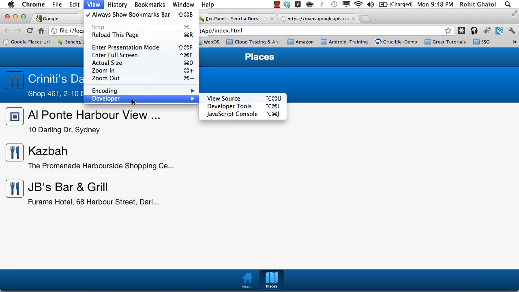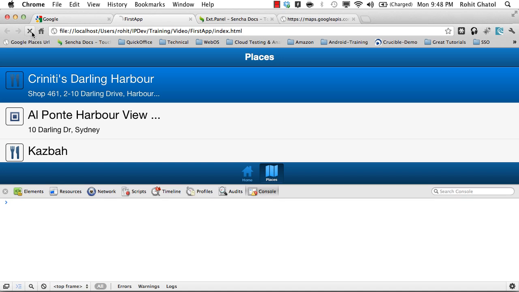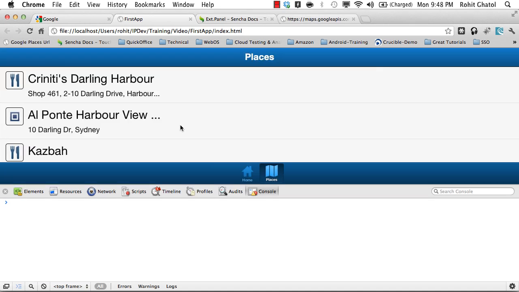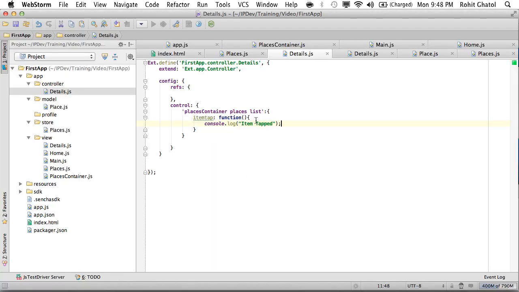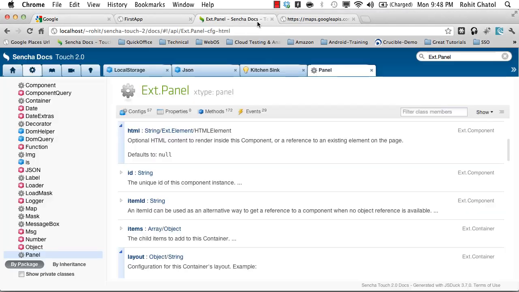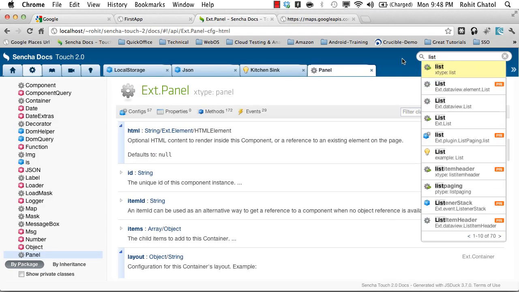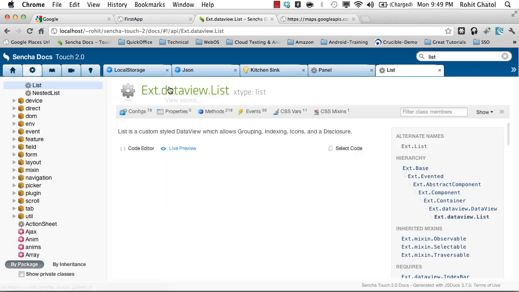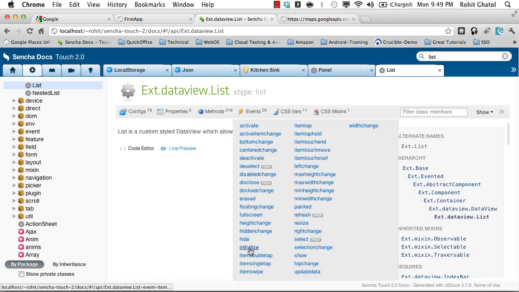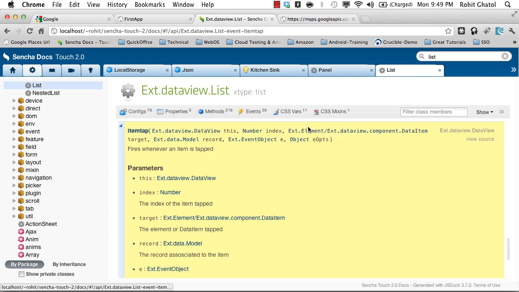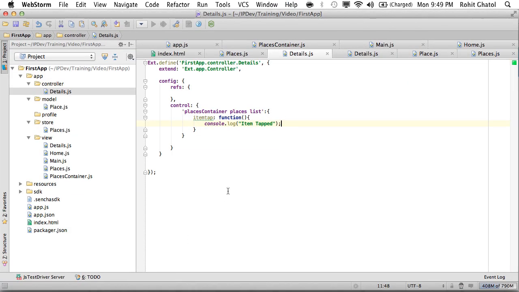So I'm going to open my JavaScript console, not refresh this particular page, and go over here and click on something. So it is tapping on things, but as you can see over here, I don't know what it is tapping on. So I'll go to my documentation and I'll go this time to list xtype. So xtype is a shortcut. You can also say Ext.dataview.List, and I'm going to say which event are we looking for. I'll say I'm looking for itemtap, and it has the parameters called list, index, target, and record. So I'm going to write over here list, index, target, and record,